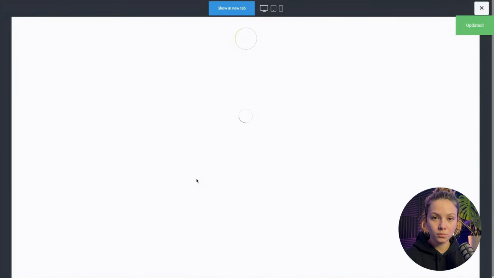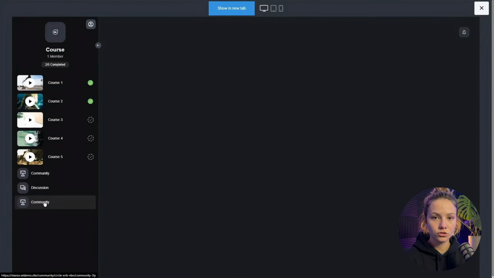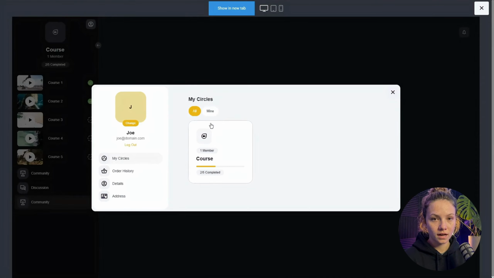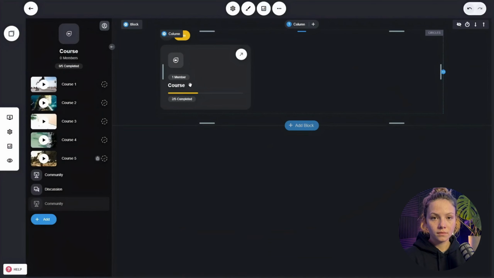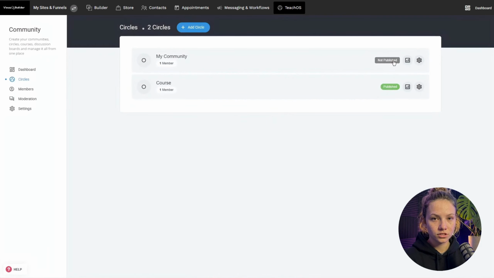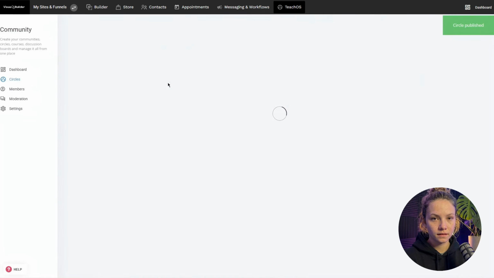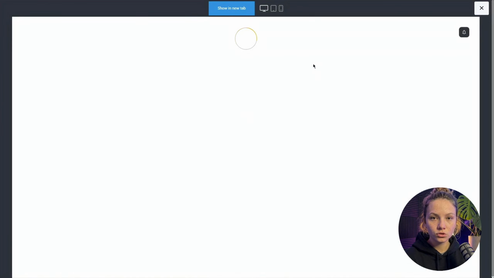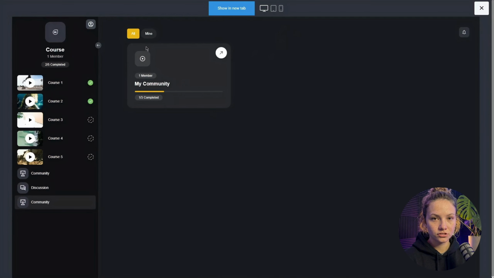So here is how it will look. In this new page that we have, of course, you have to change what it says, etc. You see as a member, because we have only enrolled to one circle, we cannot see it. But if you have more available circles, let me just publish this one. Now, if we are in the circle community, we'll see all the circles that we have access to. We don't see the current one because we are already in it, but we can see the other one that